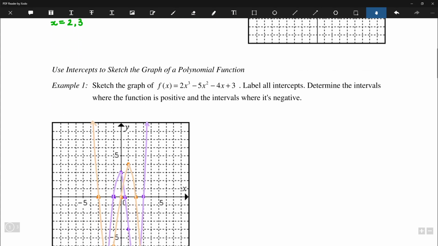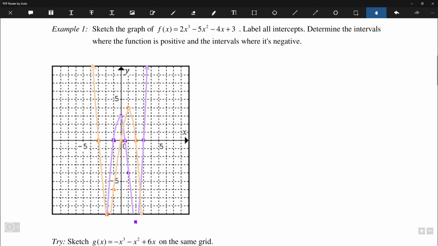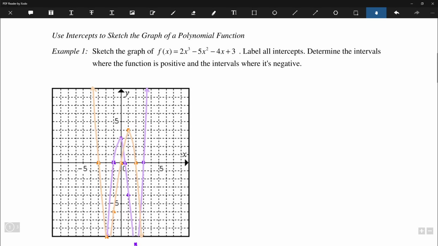Okay. So from there, we can look at cubic functions. The graphs are plotted beforehand just because they are very complicated to draw. So we don't want to make any mistakes. But here we are. So let's look at example 1. It says sketch the graph of f of x equals 2x cubed minus 5x squared minus 4x plus 3. Okay, let's begin